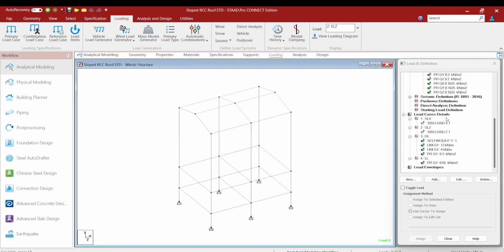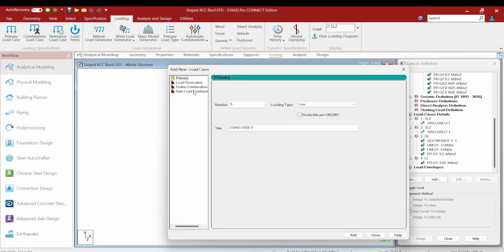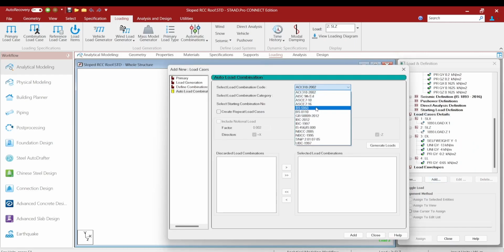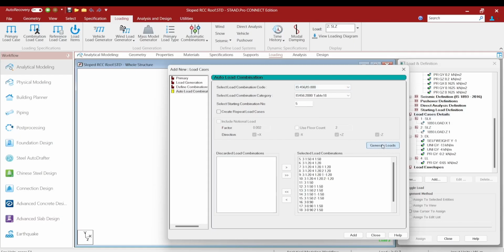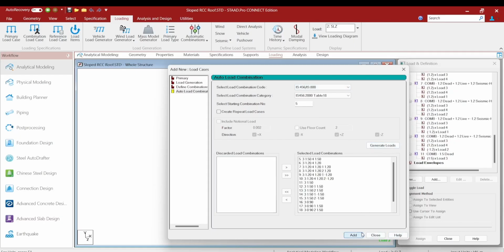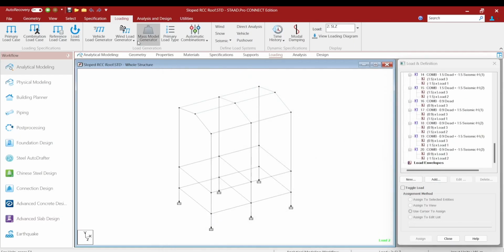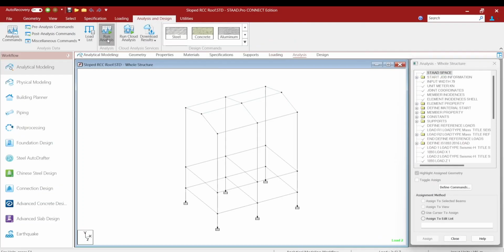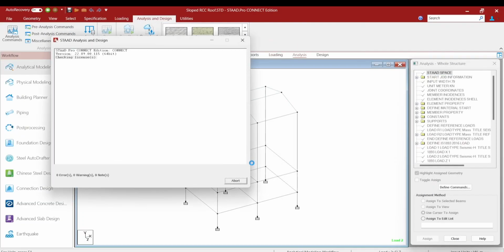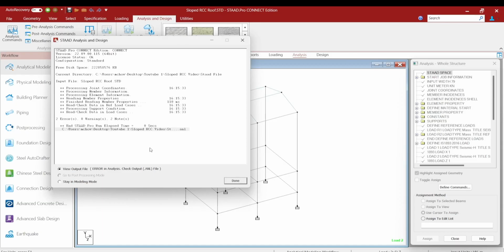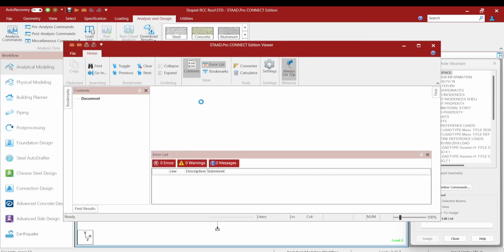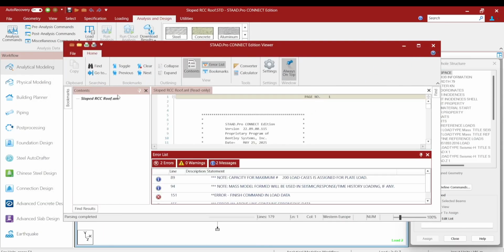So if you don't have this version of STAAD, you can watch my earlier videos where we can find the seismic mass manually. So let's add the load combinations here. We can also use RCDC, but in this video we'll just do it in STAAD only because it's a very small building. So this is a mistake which we normally do, just showing you without adding the analysis command. If you do, then it will result in error. So we'll close this,